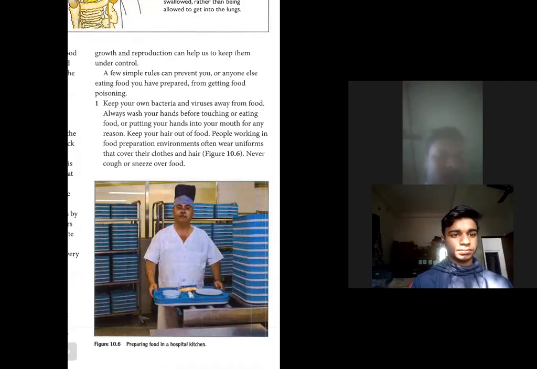And we should always cover the clothes and hair. We should never cough and sneeze over the food. We should wear masks. Yes, you must. In food sometimes you will see that